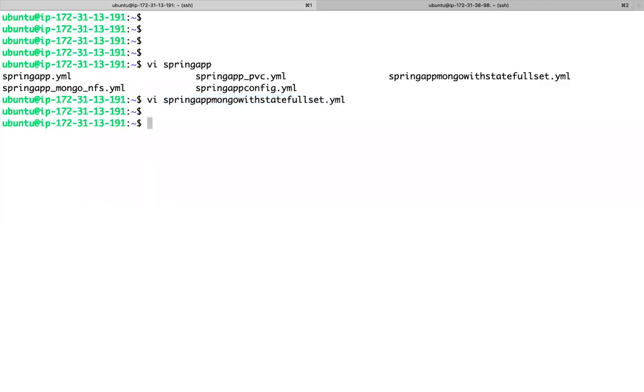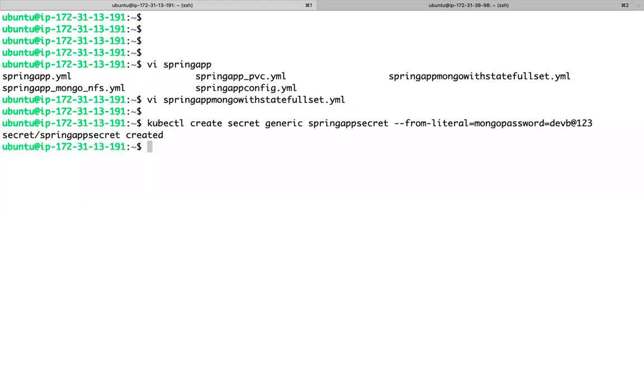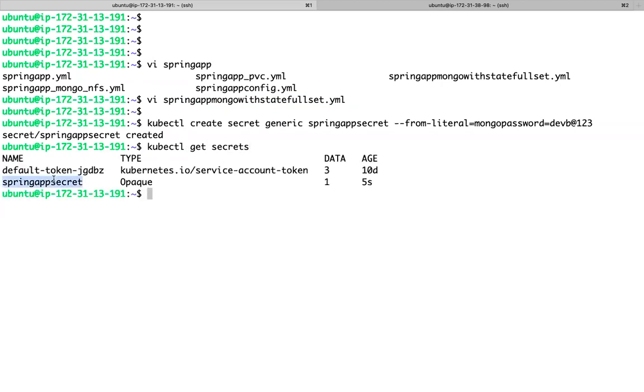Now let me create. Now if you see, I have this secret. If I describe this secret, even though someone has access, as admin, I created the confidential information as a secret. As a developer, he has access to the Kubernetes cluster. If he describes, will he come to know what is there here?